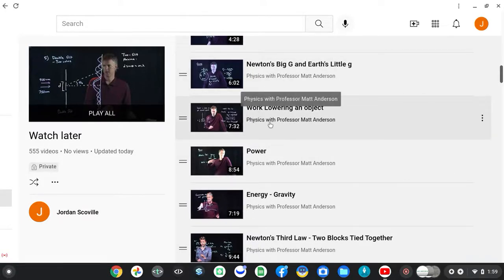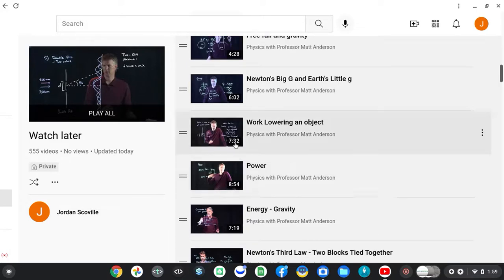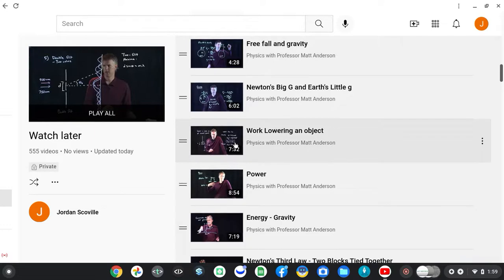Work lowering an object. Now this one's important. There was a lot about the slope, running down a slope. Is he talking to a student? Is he talking to himself, getting away from this? Slowing down the merry-go-round? Is he talking about the student? And those are really cool ways to talk about this clock, this mod, this period.